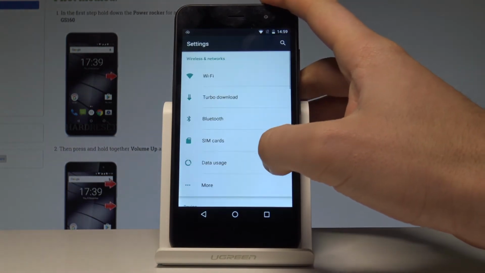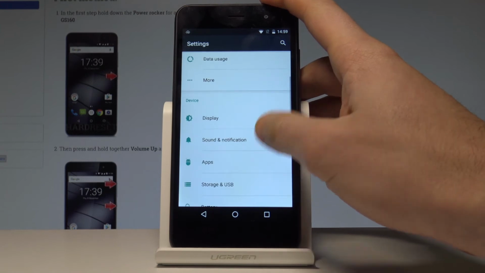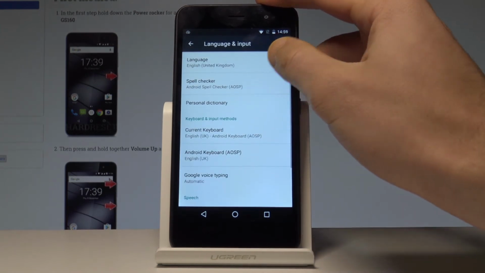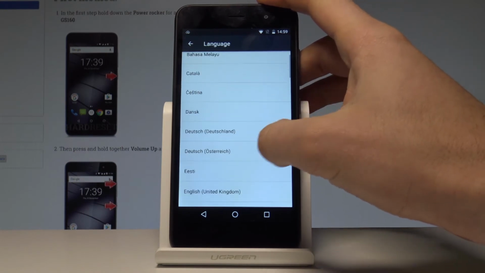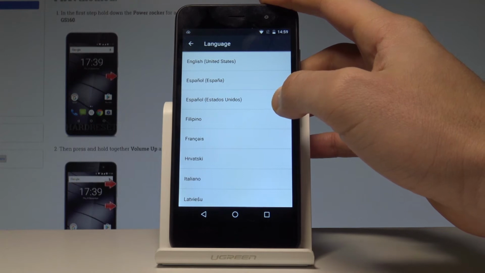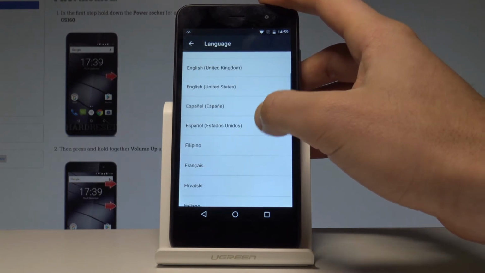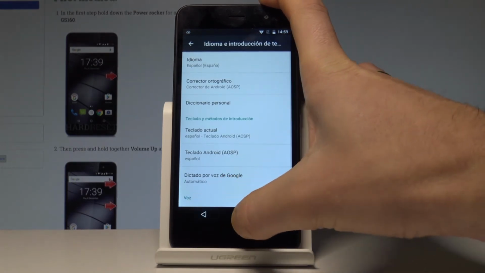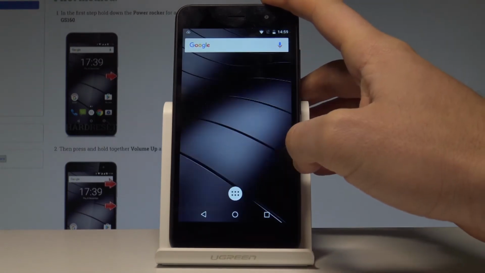Here I have Settings. Afterwards you have to scroll down and, under the Personal tab, choose Language and input. Select Language, and this is the full list of available languages that you can use on this device. So let's say that you would like to change your language from English to Spanish, so let's tap on Español, for example from España, and as you can see, now the whole list of settings and also applications goes